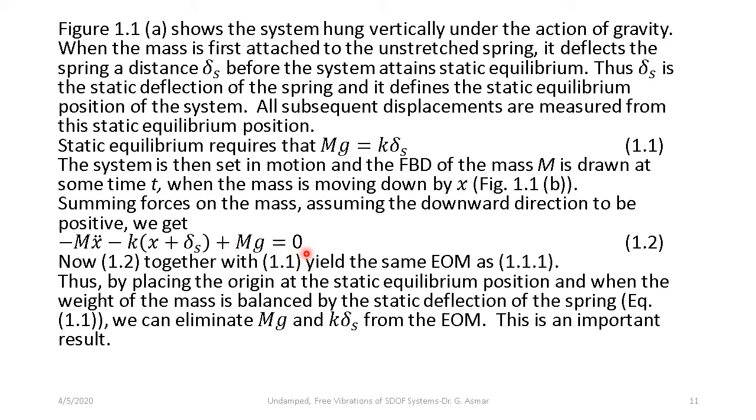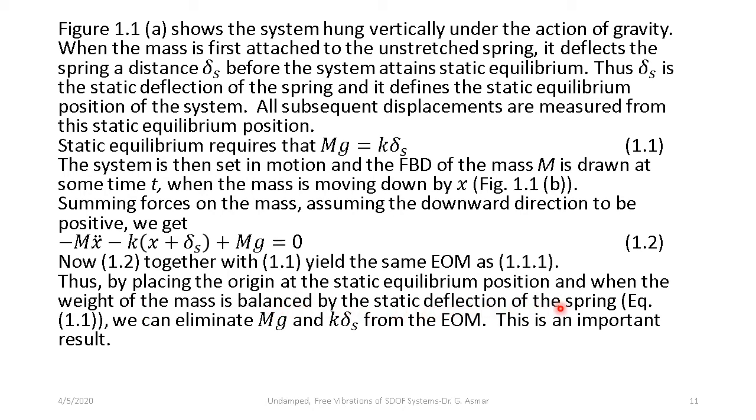Now equation 1.2 right here together with equation 1.1, because if I take k delta S here and put it in for mg, it will cancel out of the equation. So 1.2 together with 1.1 yield the same equation of motion as 1.1.1. Thus, by placing the origin at the static equilibrium position, and when the weight of the mass is balanced by the static deflection of the spring,